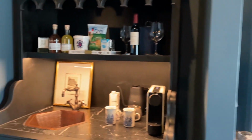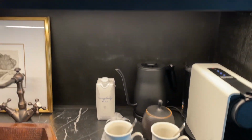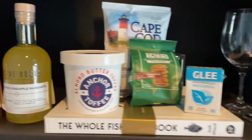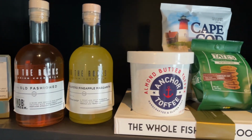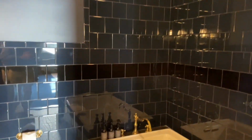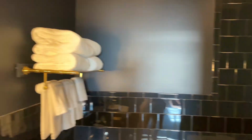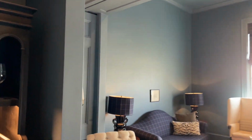Now it's time to check out my room. This is one of the Alfred suites, so I'm liking this so far. We have a little Nespresso machine, and then up top we got at least a couple Rhode Island classics. I was at Anchor Toffee last time I was here, so let's see what's in the bathroom. Looks like we have a bathtub. We also have a standing shower, the towels,